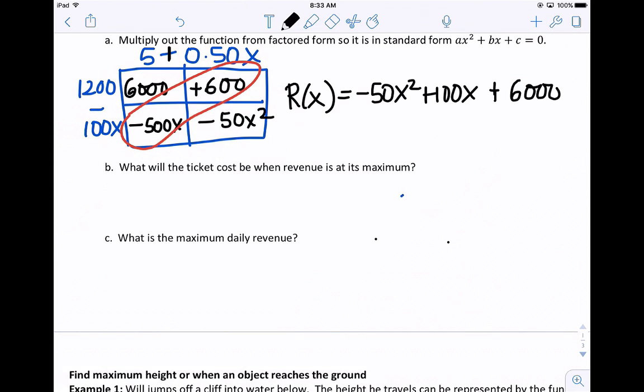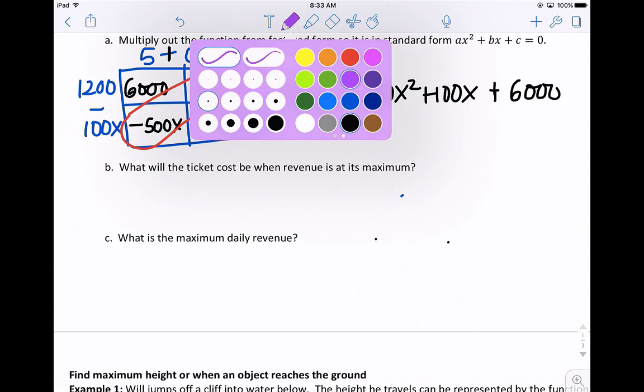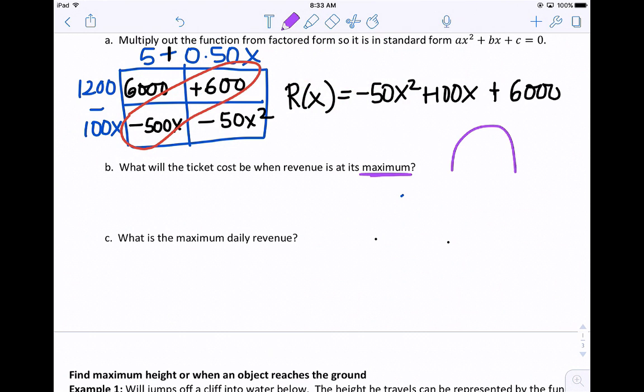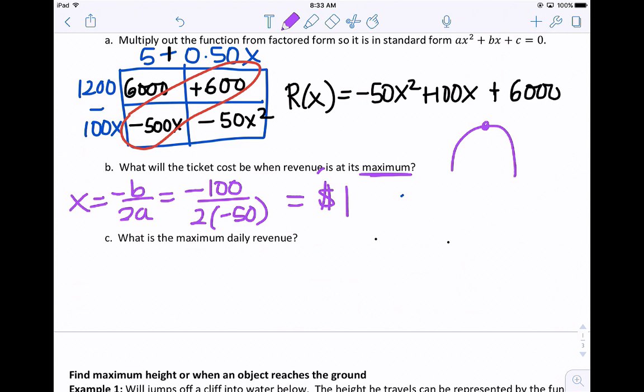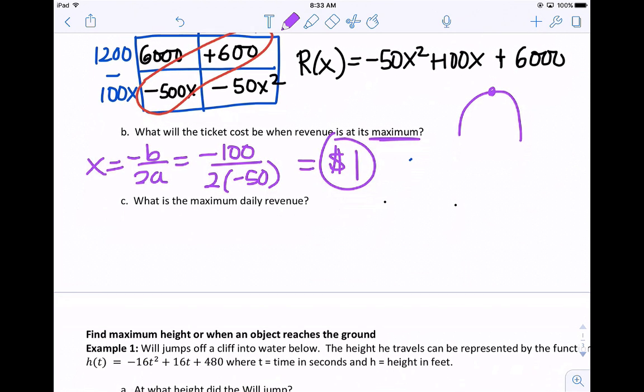All right, so let's use that to find when the revenue is at its maximum. So maximum is the vertex, right? So we'd have our function looking like this. We'd want the vertex. So to find the vertex, 2 steps. First, x equals opposite b over 2a. So opposite b would be negative 100 over 2 times negative 50, and so that would be 1. So if the ticket's $1,